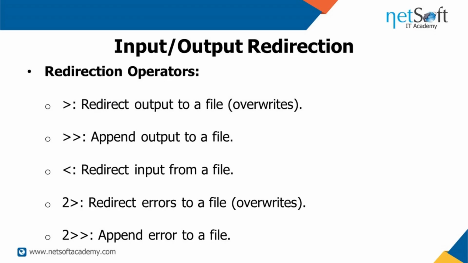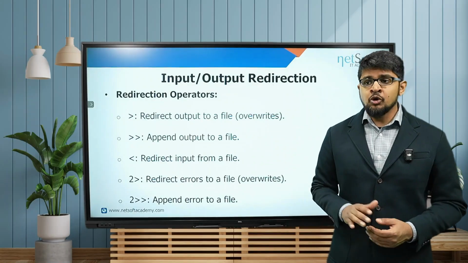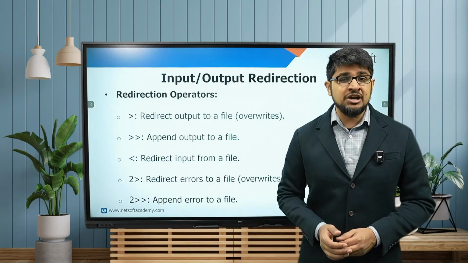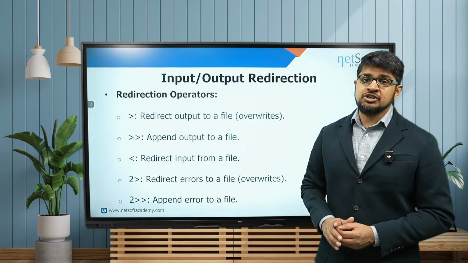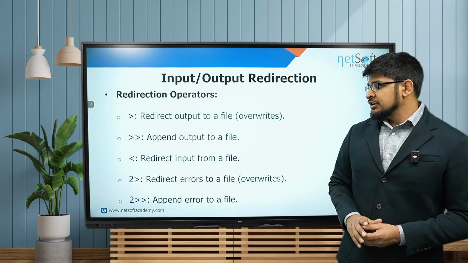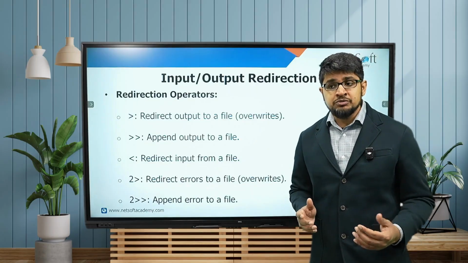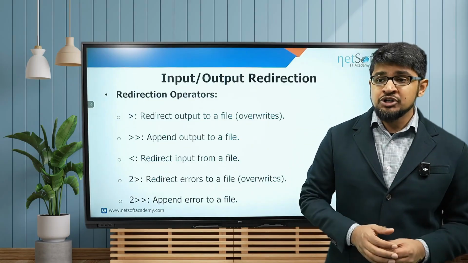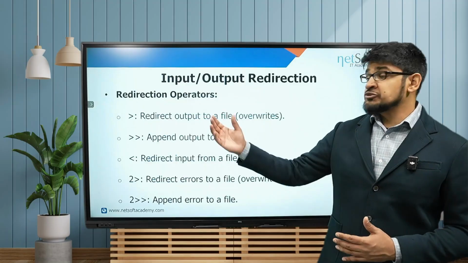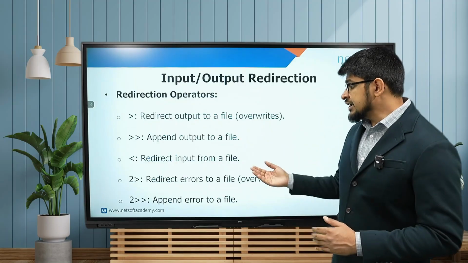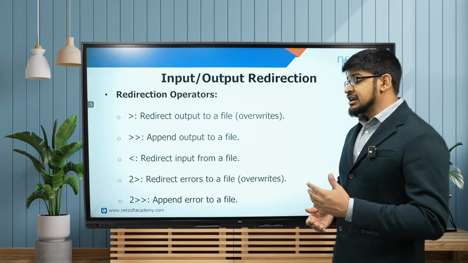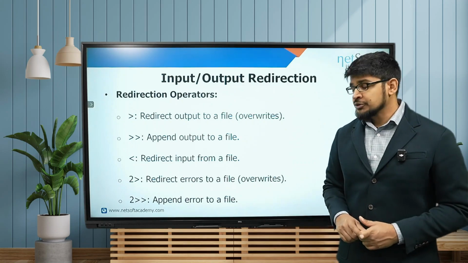At the end of the command, you can put a right triangle bracket or the right arrow to redirect output to a file, where the contents of the file may be overwritten, or you can append and add to the end of the file with this double bracket for append. When it comes to redirecting the input, you might want to take input from a file instead of from the keyboard directly. You can take the input from a file using the left triangle bracket or the left arrow,